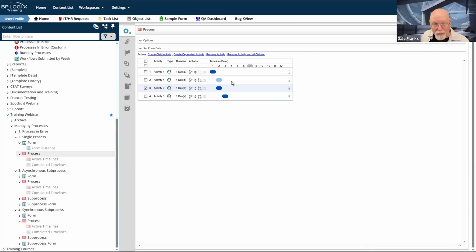But remember, timelines work a little differently, because once you create the form, that's the form. That's how it exists. If I go in and mess with the form, then all of my form instances are just automatically going to change. If I reopen an old form from 3 years ago, it's going to have all my current changes, and all the old fields are going to be gone. That's a problem, but it's not a major problem. It's an easily fixable problem.